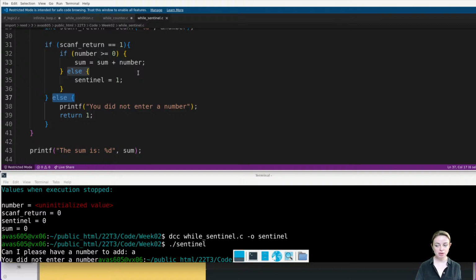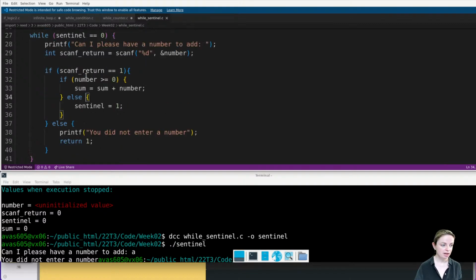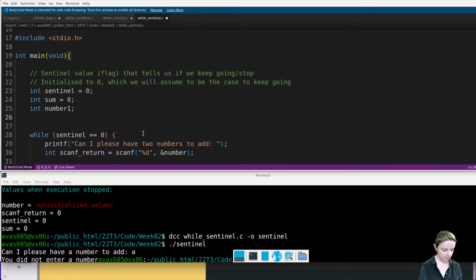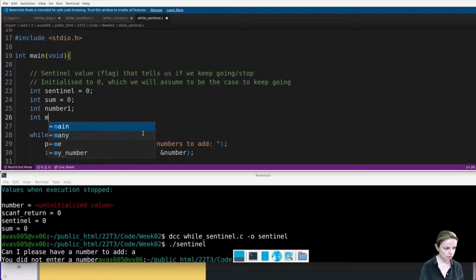Does it make sense what the scanf return does? The return value can be more than 0 or 1. I can do this as well: Can I please have 2 numbers to add? Here I might have int number 1 and int number 2. Same way as when you do your printfs and you can have multiple things, I can also do multiple things here.